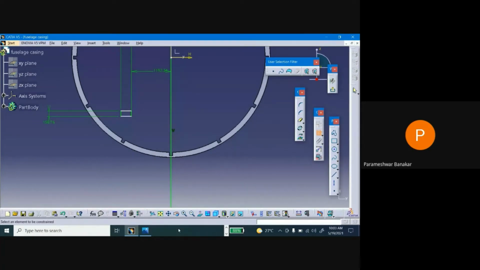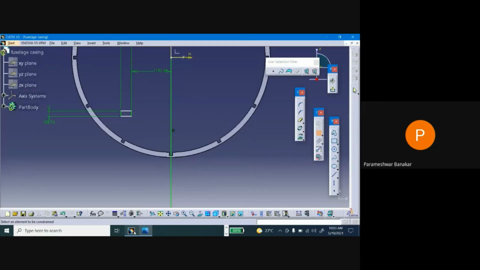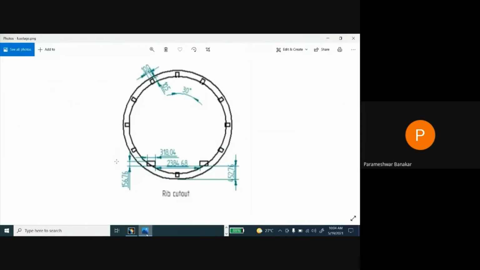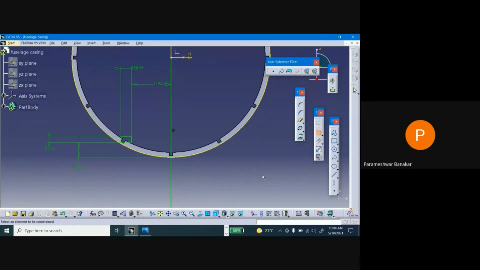So now it is located at 1192.34 mm distance. And now you can see that from here, the bottom portion, it is located at a distance of 452.76 mm. So for that, as I said, 3D element, click here, you'll get one point here. Okay, so now go to dimension, this and this, and this is how much? That is 452.76. Okay, now we got it.